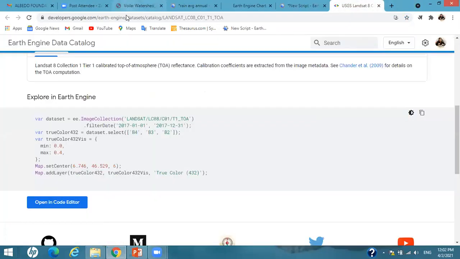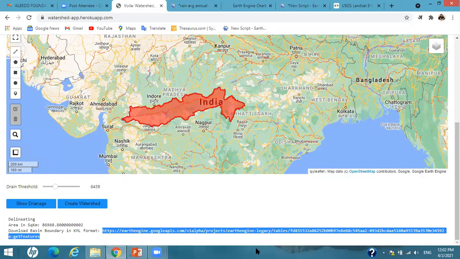So that's it from me. This is just a small glimpse of Earth Engine, the basic functionality and the basic case study that it can perform. Most of the GIS exercises and water resources exercises which are done by traditional GIS software can be performed with the help of Earth Engine also. You just need to get started, either with JavaScript or Python. So that's it from my side.